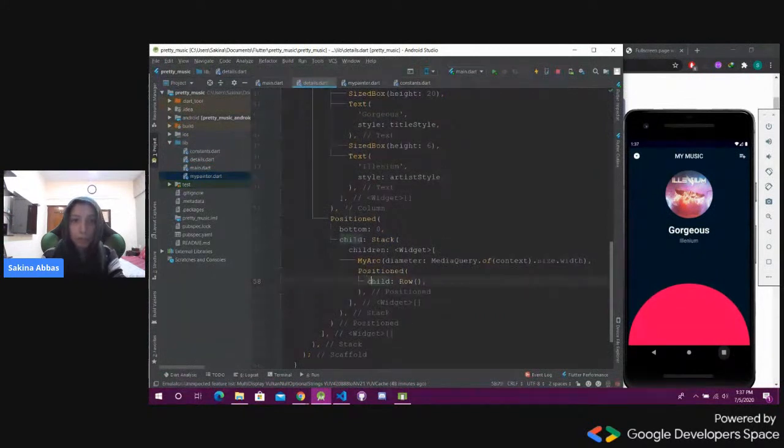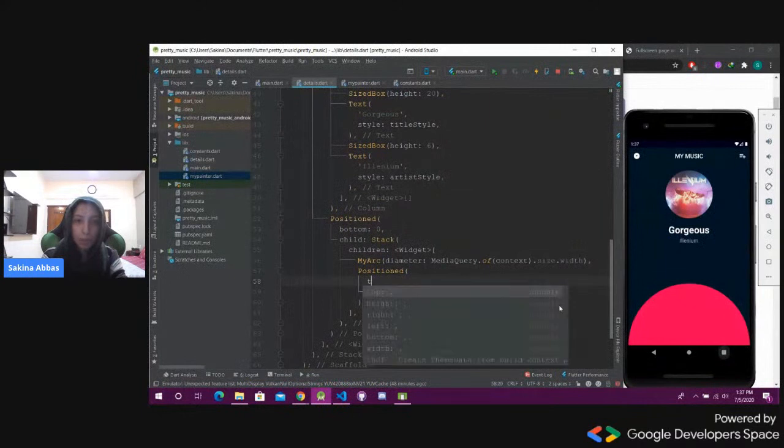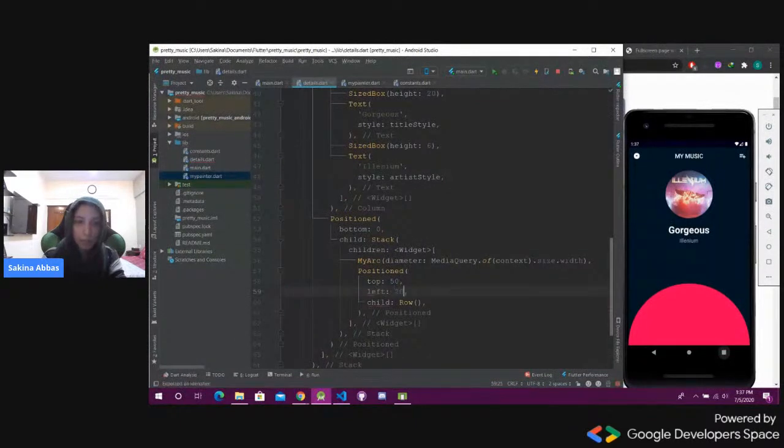Gonna use the commas for code formatting. Top 50, let's say. Yeah, left 20, right 20, just to center it. Children,